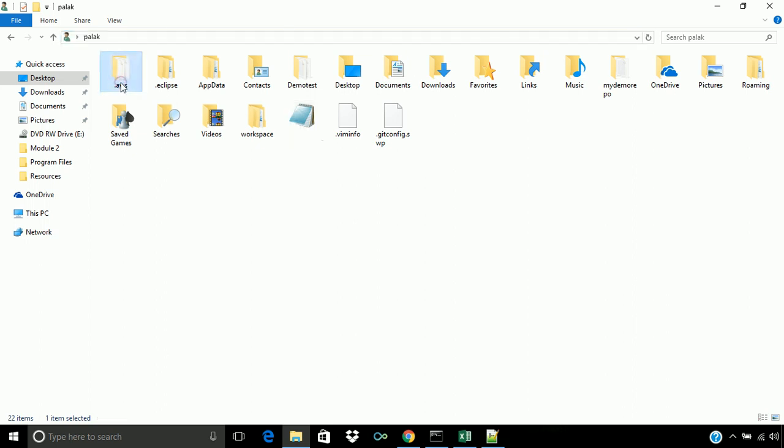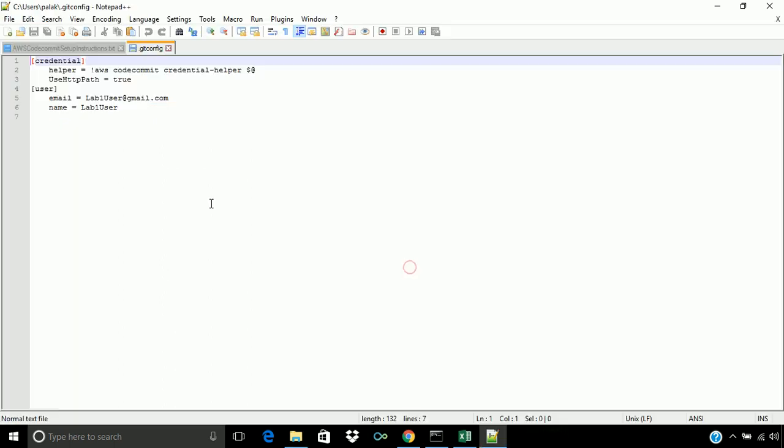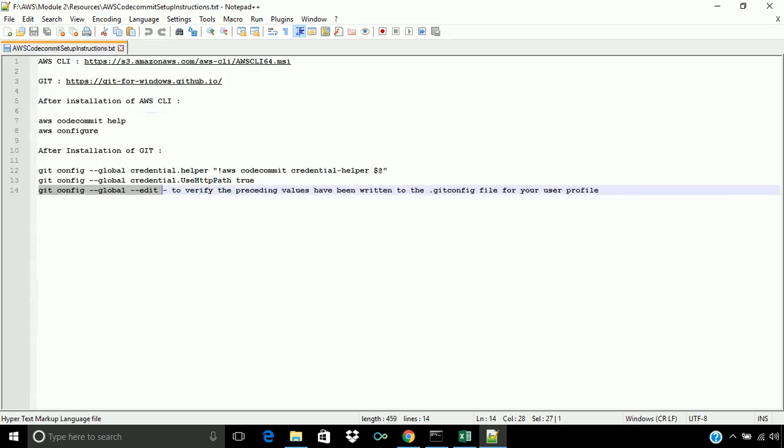So the .aws and .git config will be stored there. You can see all the parameters stored in that file. So this is how we have completed all our prerequisites.